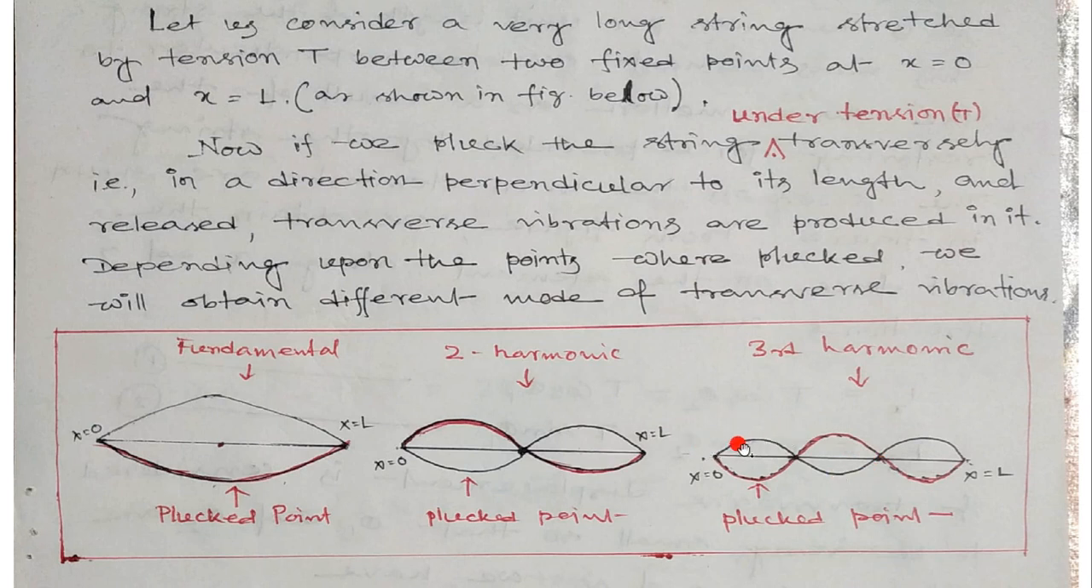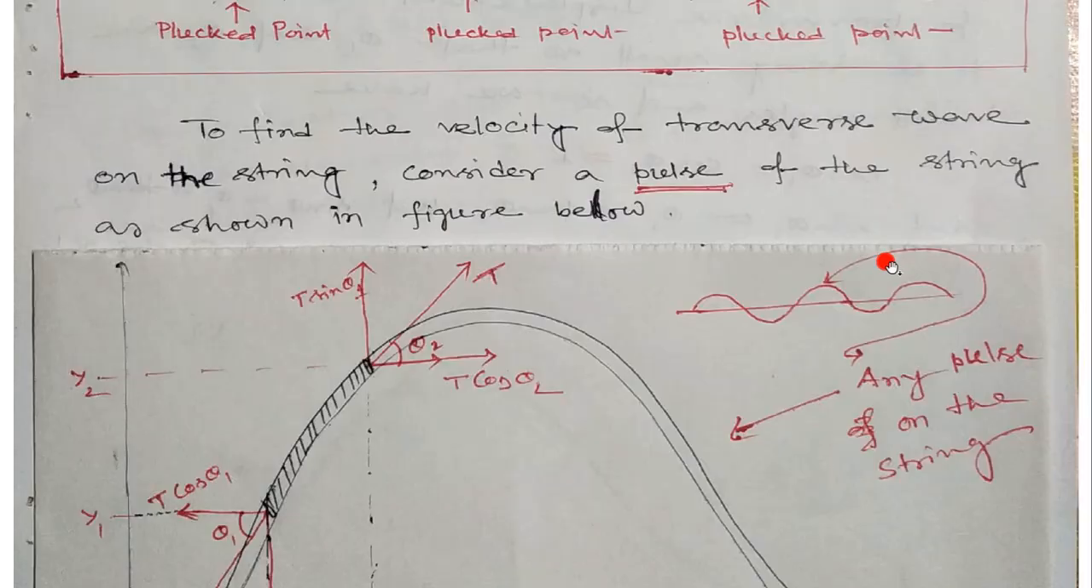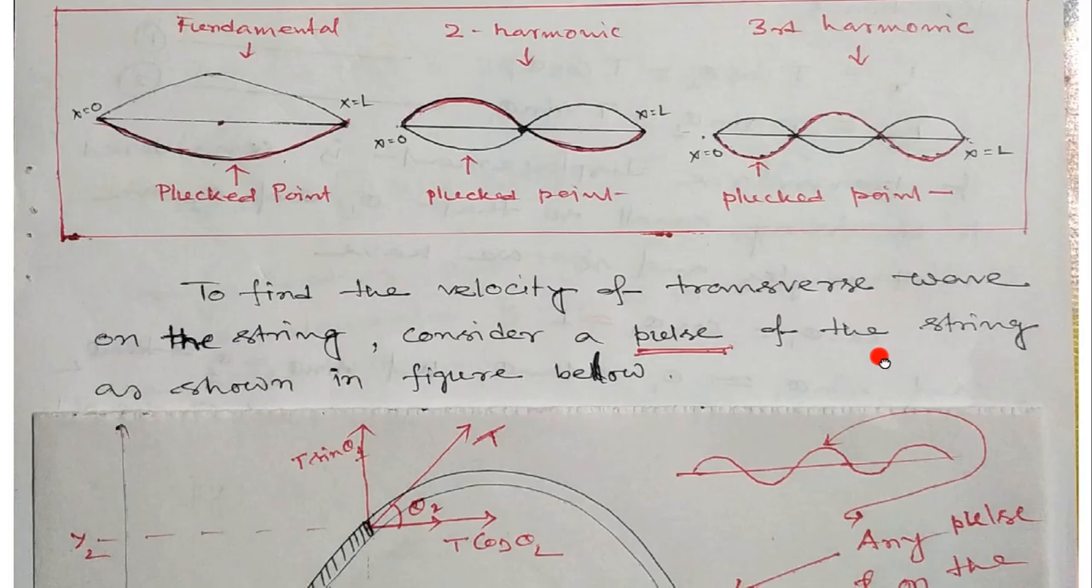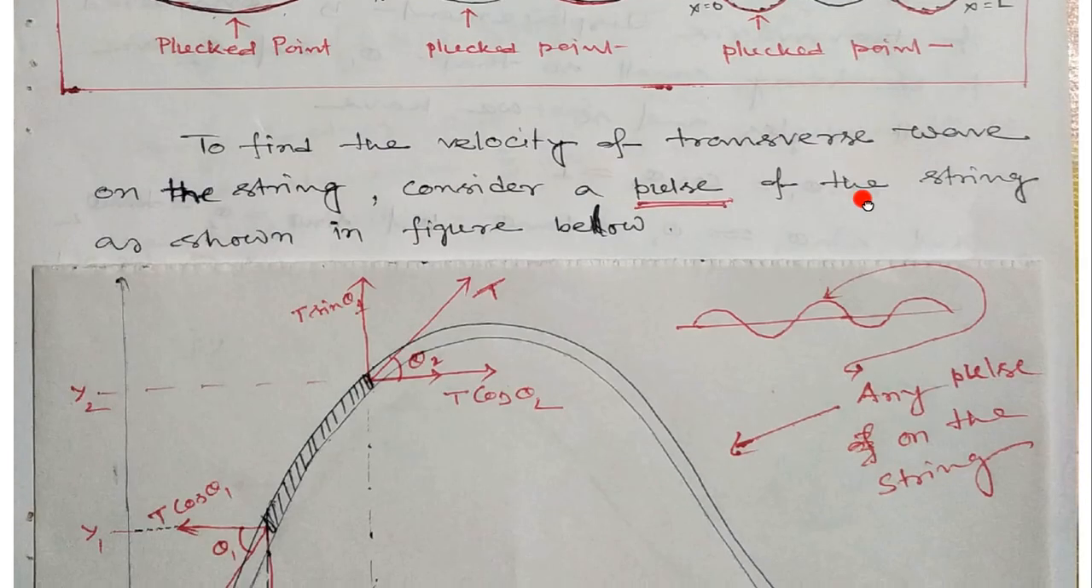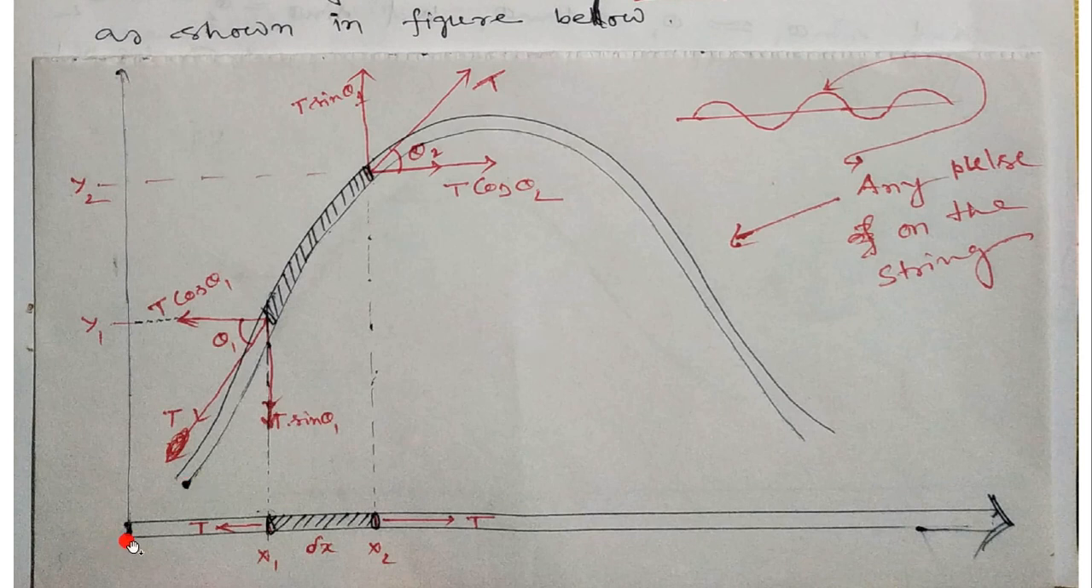So our aim is to determine the speed of the transverse wave generated in the string. To do so, firstly we need to consider a pulse of the string, any one pulse, say this one or this one, any arbitrary pulse we have to consider. So the string is long,